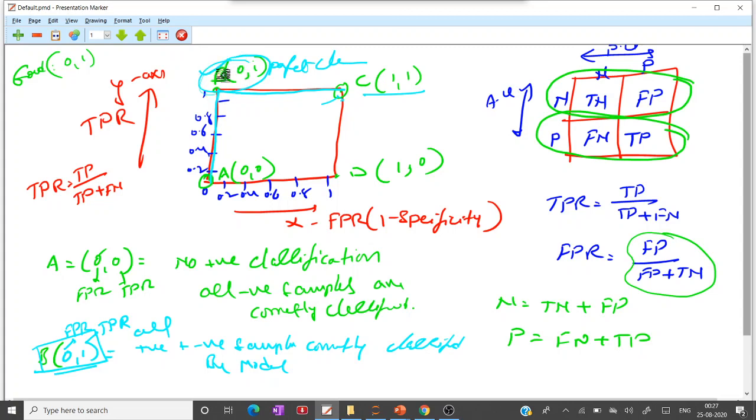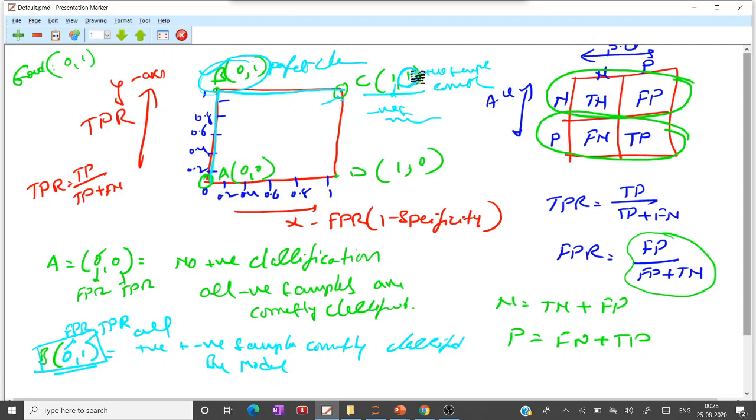So the top left corner point B is 0, 1, perfectly classified, and the top right corner point C is 1, 1, the classifier where all positive samples are correctly classified, but negative samples are misclassified.